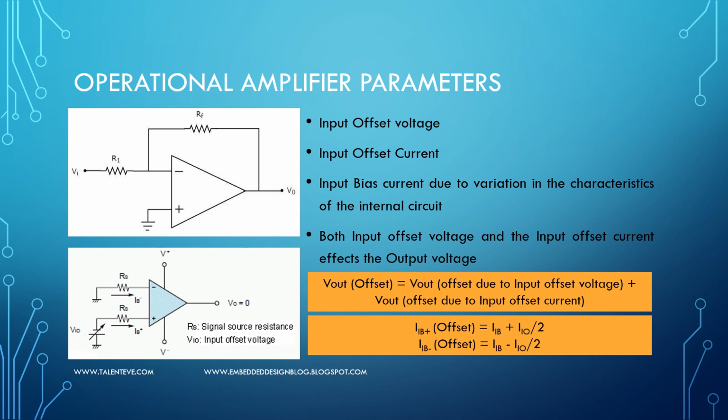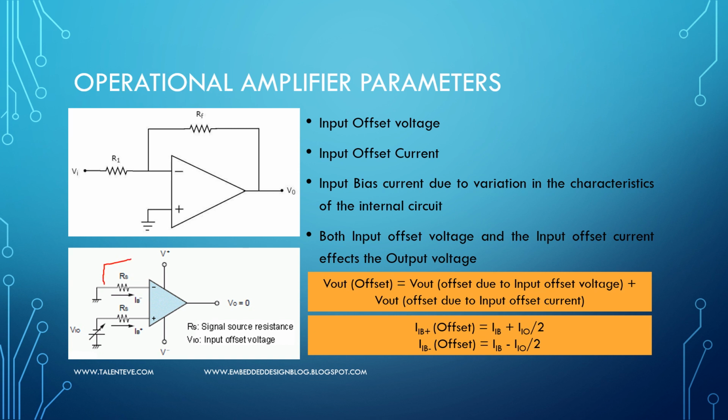So we can say that input offset voltage and input offset current are due to the variations in the electrical characteristics of the two transistors that are used in the differential amplifier circuit. Ideally, the input offset voltage and the input offset current should be zero, but there will be some variation. If you see here,